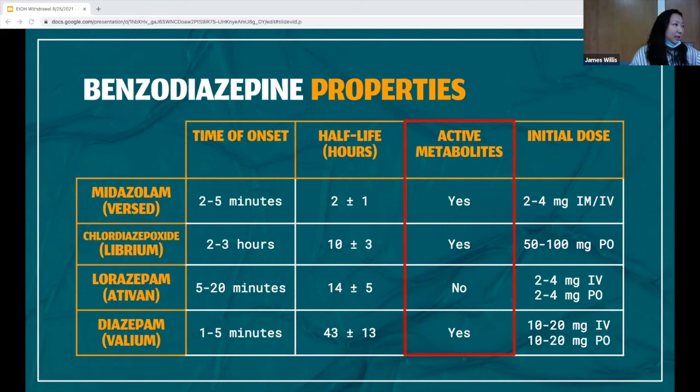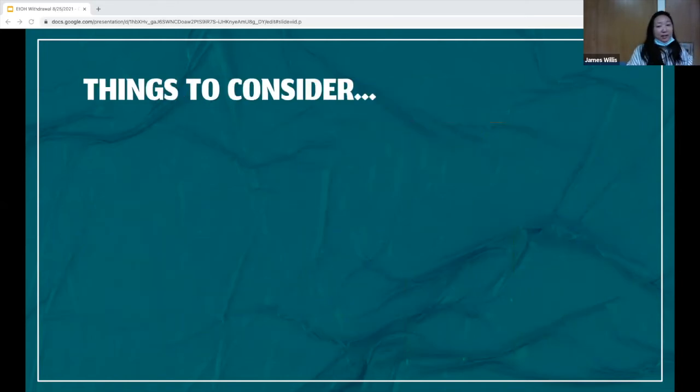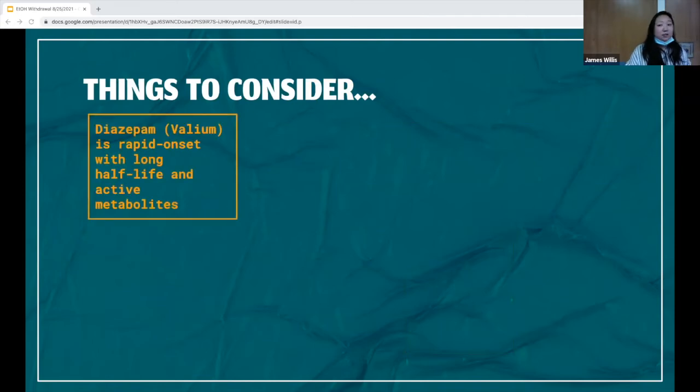So Librium we generally like for our milder symptoms if they don't need immediate control of their withdrawal symptoms. But in more severe patients, especially the ones we might anticipate admitting for withdrawal, I think we should start considering using Valium over Ativan more. I don't see it that commonly in the ED. I think previously it wasn't available in the Pyxis and there was a nationwide shortage, but it is available now. And some of the considerations that make Valium a little bit better than Ativan is it's rapid on, it's longer lasting, and it has active metabolites.